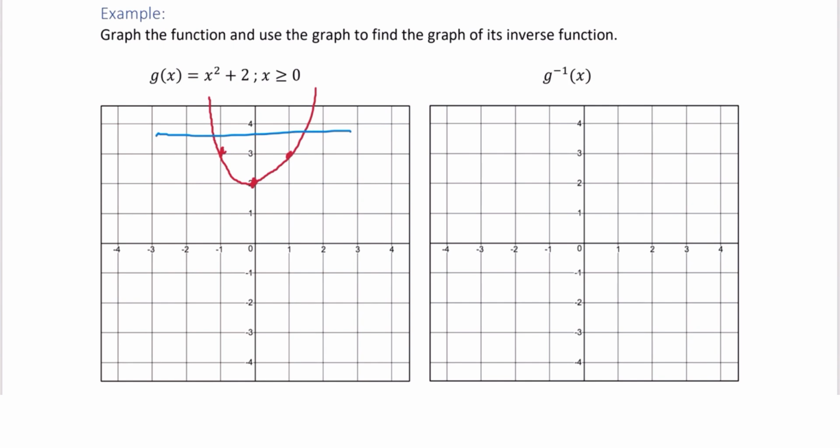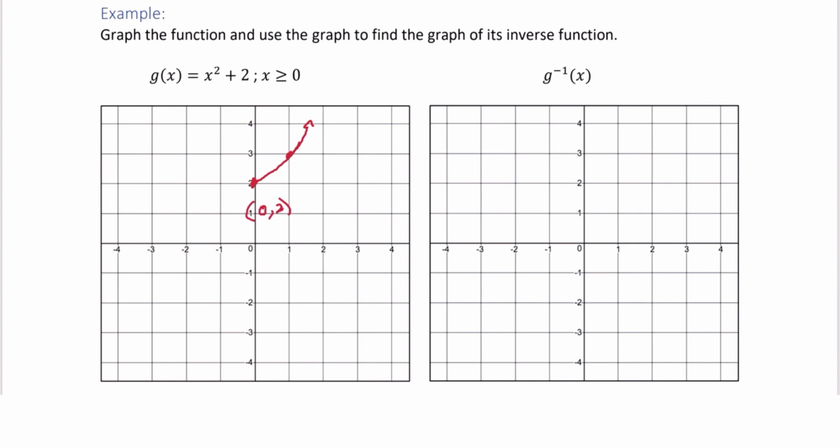But if we take into consideration the extra condition of x being greater than or equal to 0, we can remove this portion and just look at the portion where we have the domain restriction. X is greater than or equal to 0 now, and it passes the horizontal line test, which means it has an inverse. So we can use these points